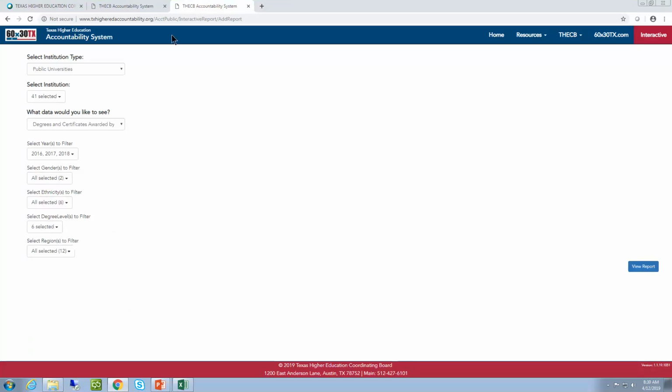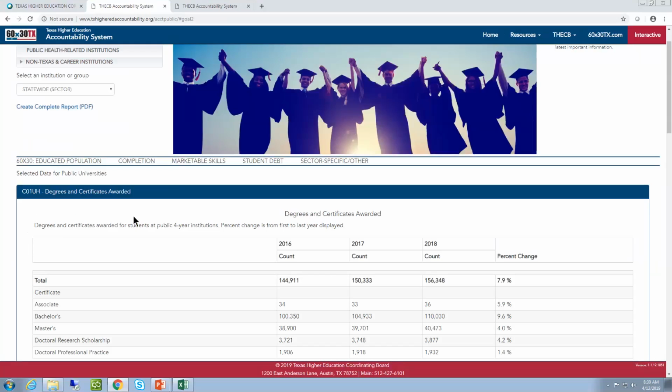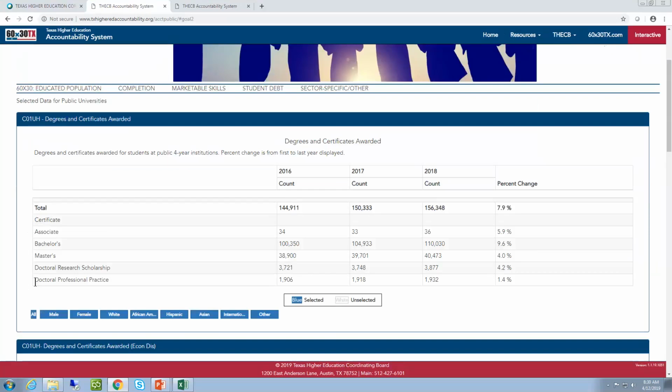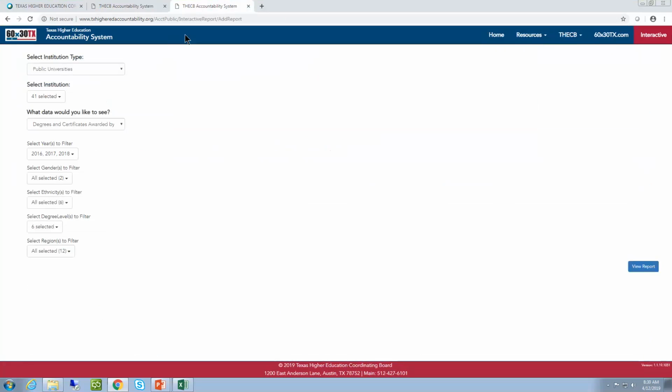And that's because if we look back at the accountability system, here are the degree levels. So making sure that I only select those. Okay. Under regions to filter, we don't need career schools or out-of-state unknown for this analysis. You can certainly use it for other analyses. All right, so once I select all the drop-down menu filters that I'm happy with, I can view a report,